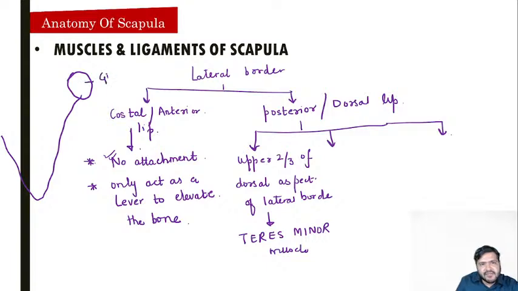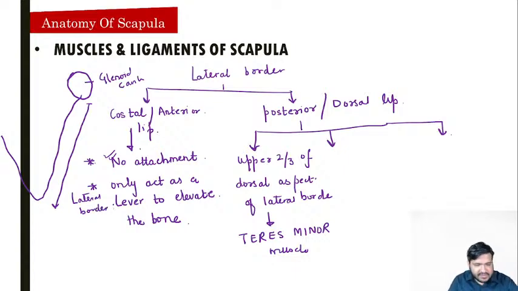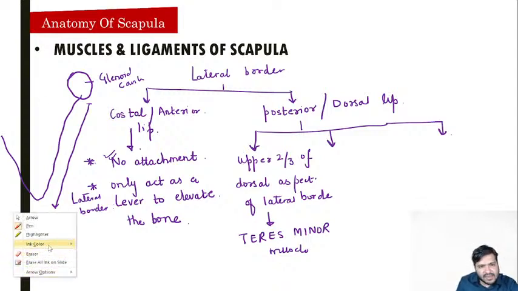Now suppose this is the glenoid cavity, और glenoid cavity का जो नीचे वाला border होता है that is the lateral border, ये पूरा का पूरा lateral border है. And remember guys, इस lateral border में you can very well appreciate कि upper 2/3 जो हिस्सा है, ये वाला जो part है that is the upper 2/3,